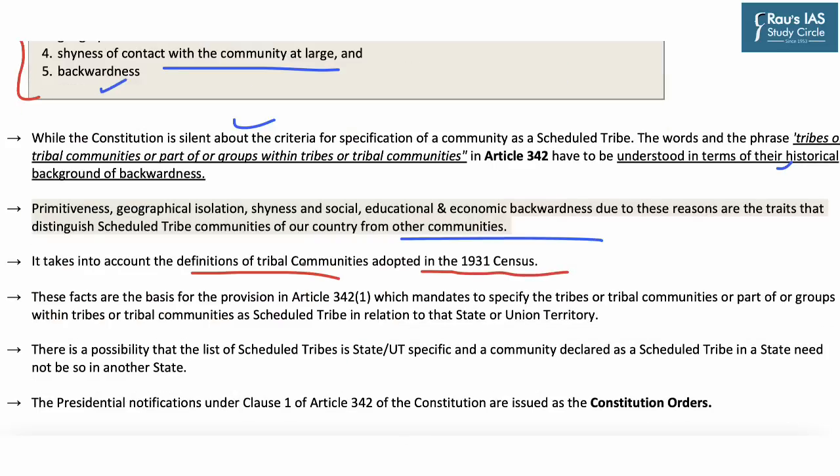Now, from your prelims perspective, another very important aspect is that there is a possibility that the community has been categorized as scheduled tribe in one state, but the same community has not been categorized as scheduled tribe in another state, which is the case of Hattee community of Himachal Pradesh. So the list of scheduled tribes is state or UT specific, that is Union Territory specific, and a community declared as scheduled tribe in a state need not be so in another